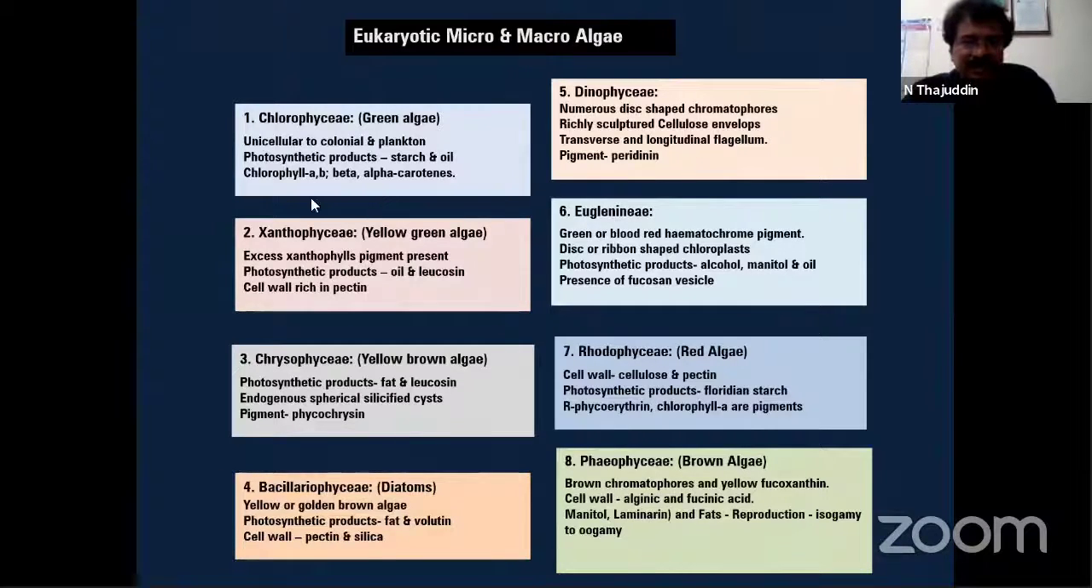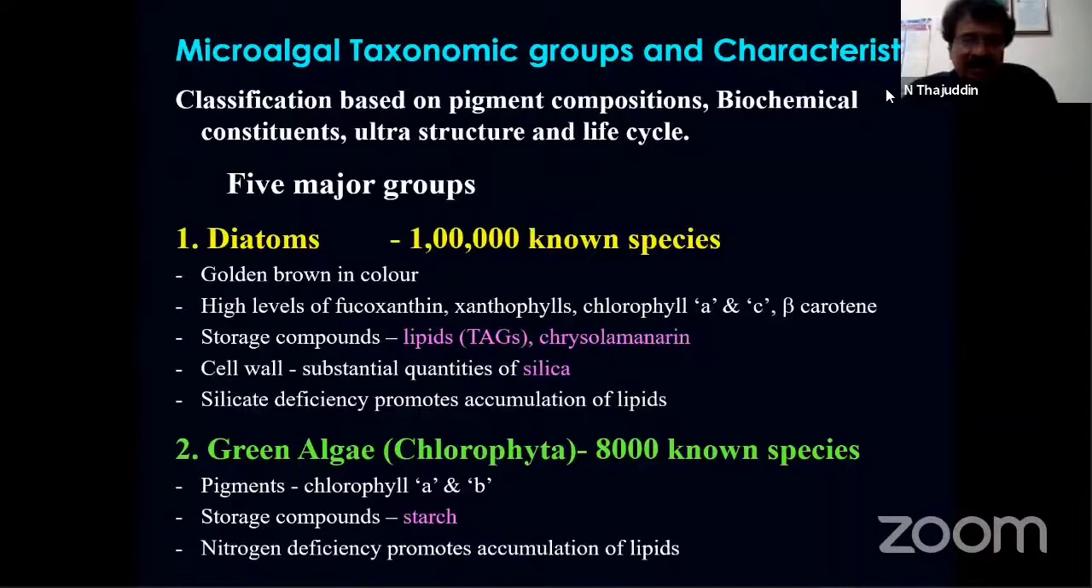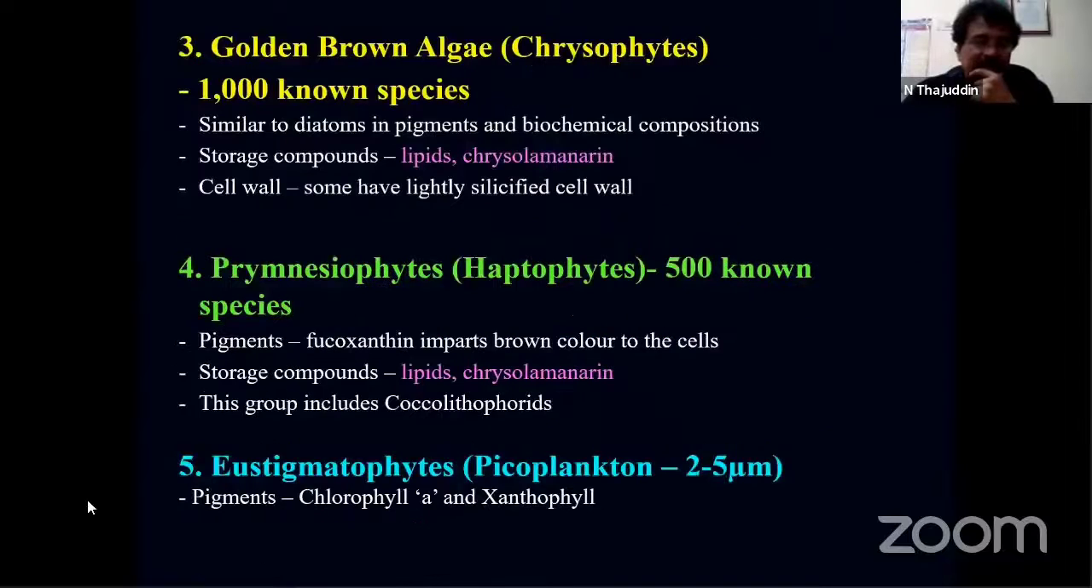And this is another very famous set of microalgal taxonomic groups. So there are 5 major groups in terms of utilization. One is diatoms. Diatoms are useful for lipid and biodiesel production, because the storage compounds in diatoms are lipids. And among green algae, a few are commercially exploited at the industrial level, like Chlorella, Scenedesmus, and so on. And other groups of algae: golden brown algae, Prymnesiophytes and Eustigmatophytes,